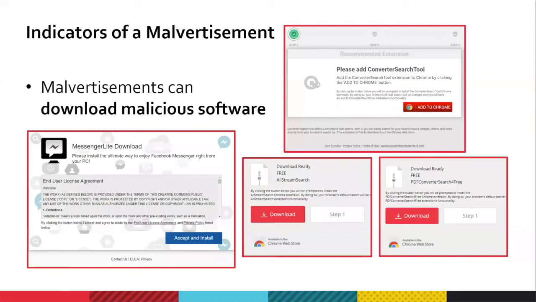But okay, at least with this indicator, we still have the option of avoiding downloading this malicious software. Whenever our web browser downloads a program, we can actually see it at the bottom of the screen, right? And we can just automatically cancel it. We still have the option to cancel the process just by clicking cancel at the bottom of the web browser.